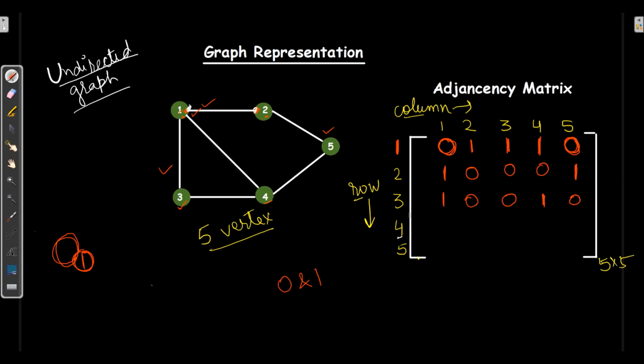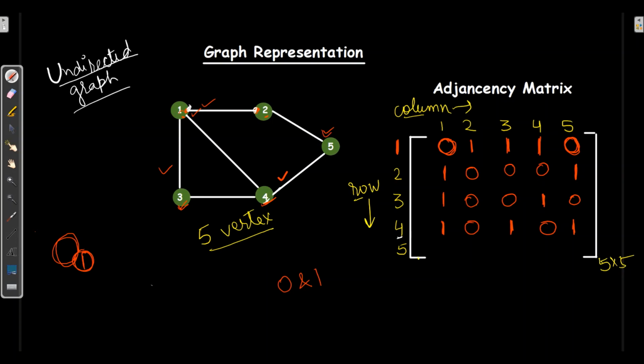Now we will check for 4. 4 vertex has 3 edges. First with 5, so I will put 1. Then 4 is having edge with 1, so I will put 1 over here. And 4 is having edge with 3, so I will put 1 here as well. Rest I will put 0.